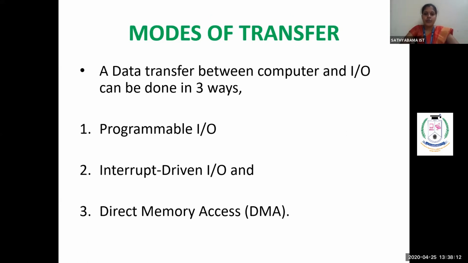Next we're moving on to the modes of transfer. What is meant by modes of transfer? The data transfer between the user and the CPU, that is, between the computer and IO, where IO is the user. To transfer the data, we need three techniques: programmed IO, interrupt driven or interrupt initiated IO, and direct memory access. I think in the Thursday class you have seen the DMA, so I'm going to concentrate on programmed IO and interrupt driven IO. Okay, let's get into the topic.